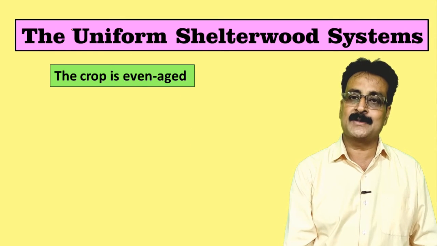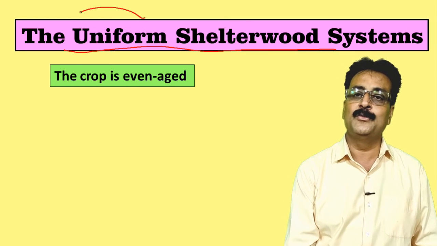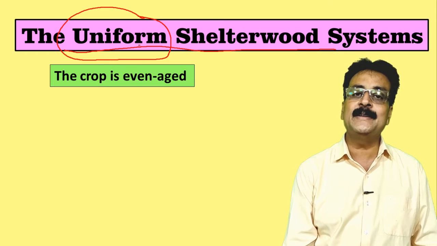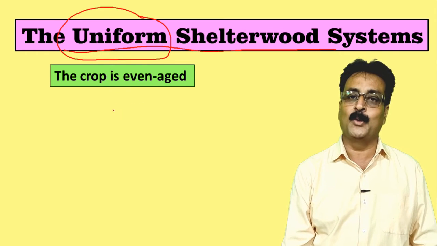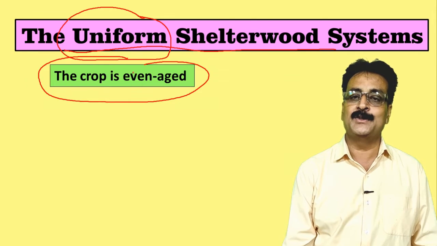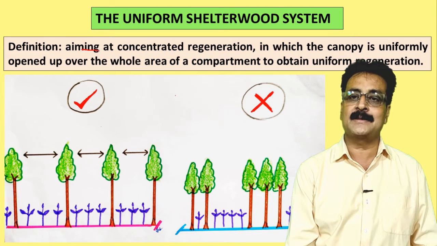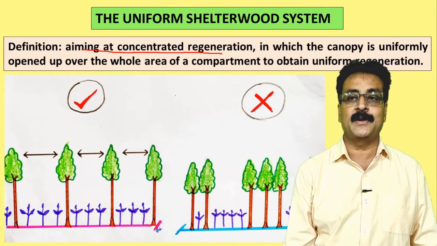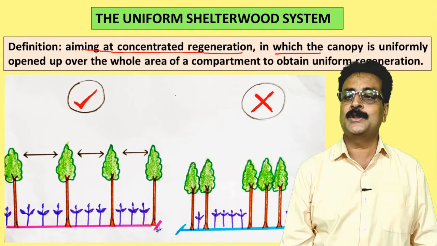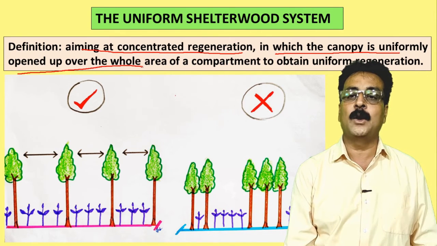Now in this lecture we are going to study the Uniform Shelterwood system. The word uniform here indicates itself, it is uniform, equal. So here the crop is even aged. Now what is the uniform system? It is defined as aiming at concentrated regeneration in which the canopy is uniformly opened up over the whole area